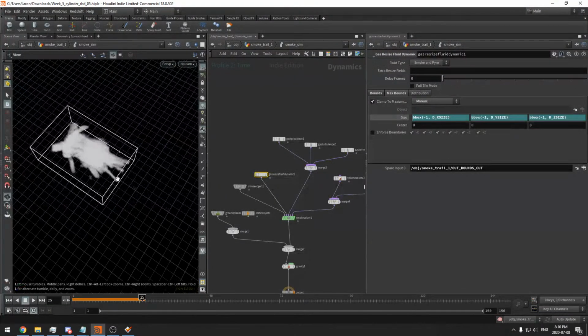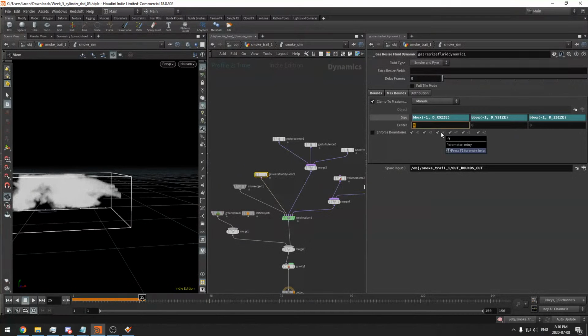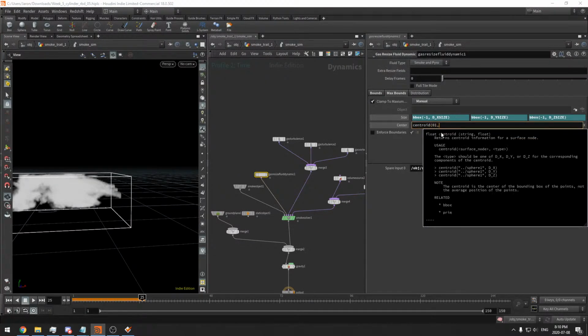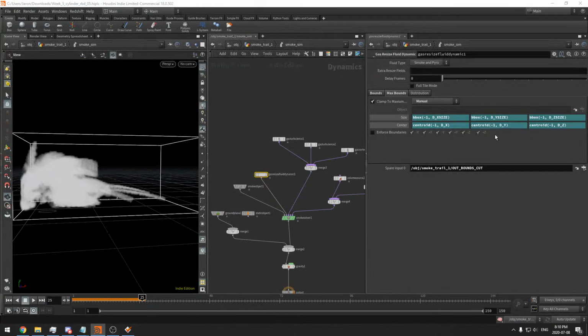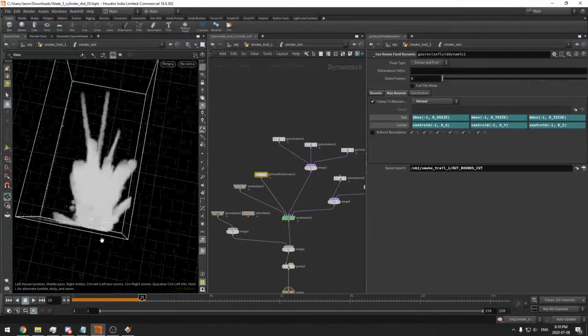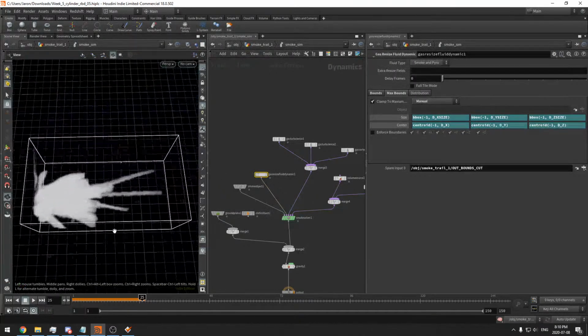And then I'm going to have to make sure it's centered properly, so I'm going to say centroid -1 dx, dy, and then dz. And so that's just going to cut it out so that it's not going to simulate the entire thing, and